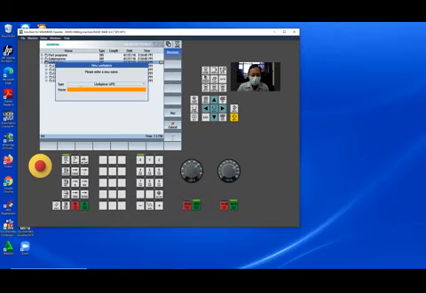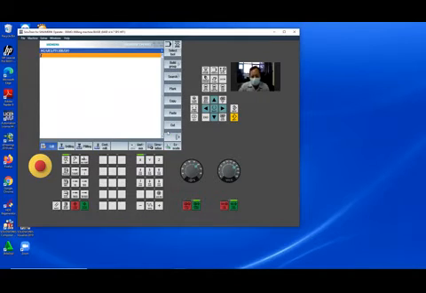What directory? For example, my job. Okay, and you can select G code and exercise 1, for example, X1.